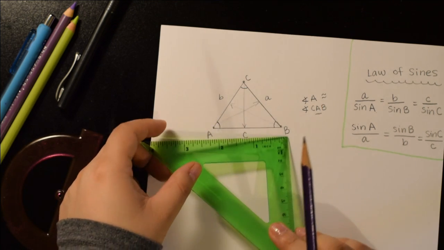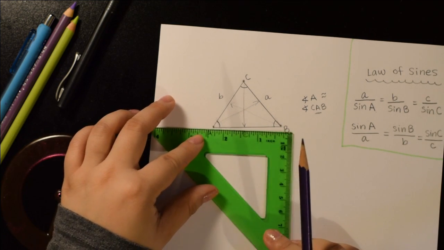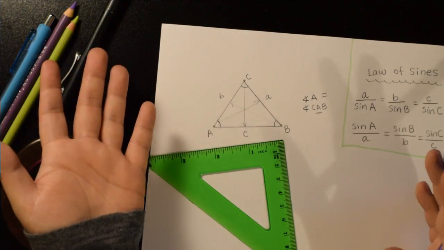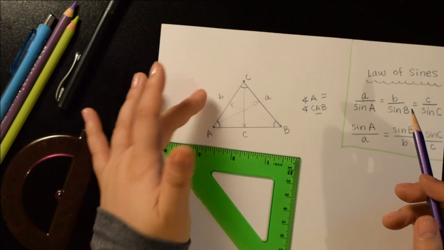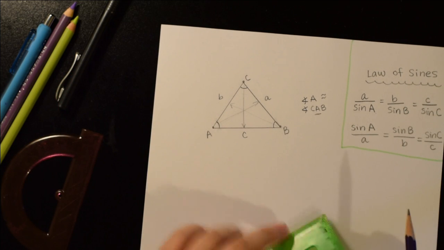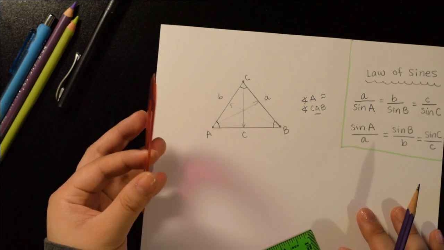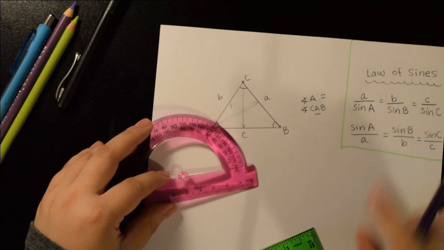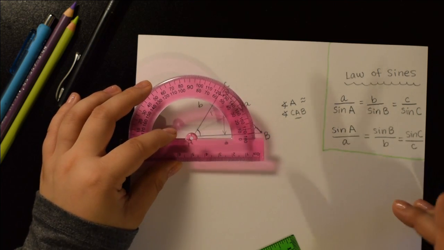But if you do mix units, like say you measure centimeters here and inches here, make sure that there's a way to convert so that they are all the same unit. And typically, if you have a diagram like this, they will all be measured in the same, so that's okay. And our angles A, B, and C will be in degrees or radians, and you can convert between the two, and I will link a video for how to do that in the